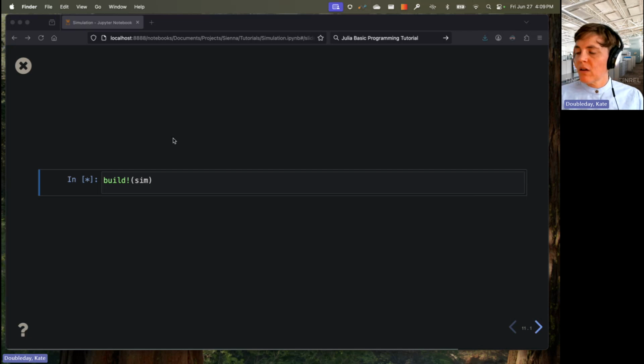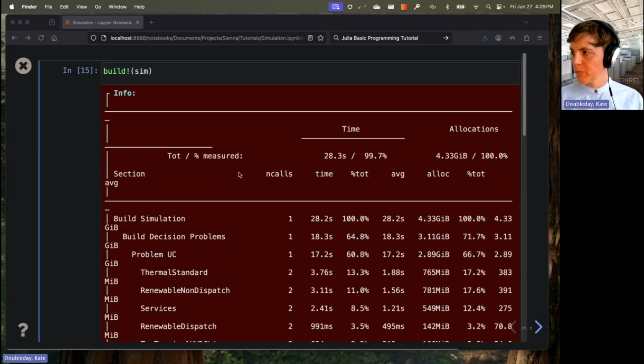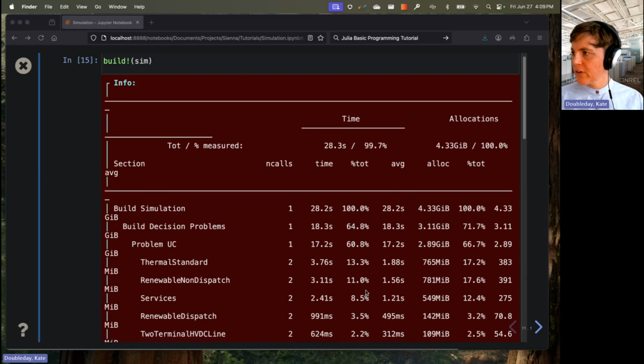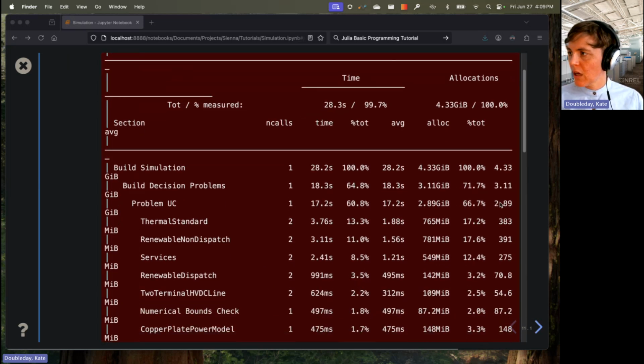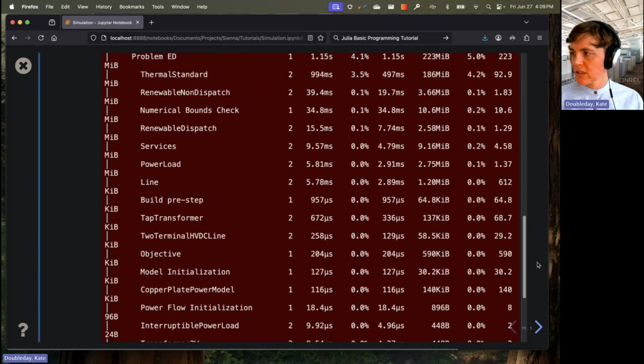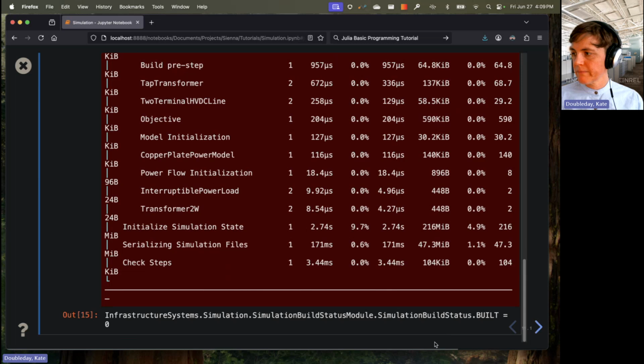This build statement will also print out the time and memory allocations for each step in the build process. And so if you're running into memory or computation time issues, this is one place to get some information about what's going on. And we see that our